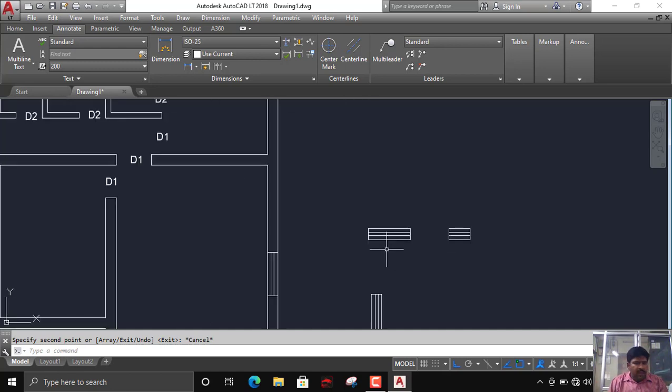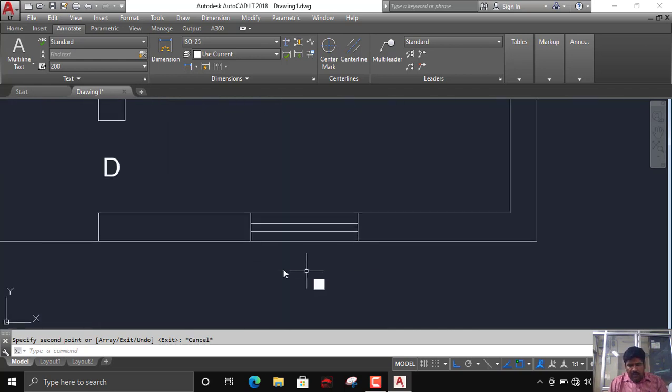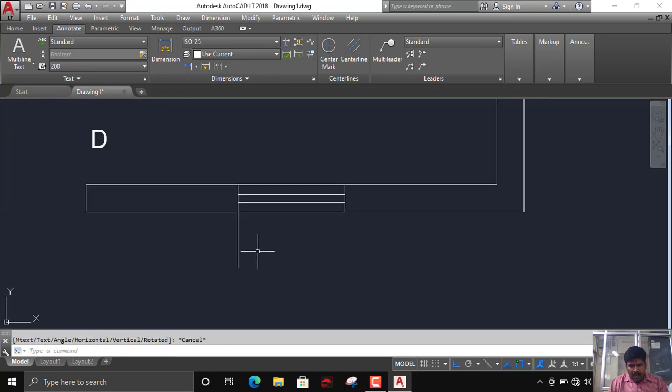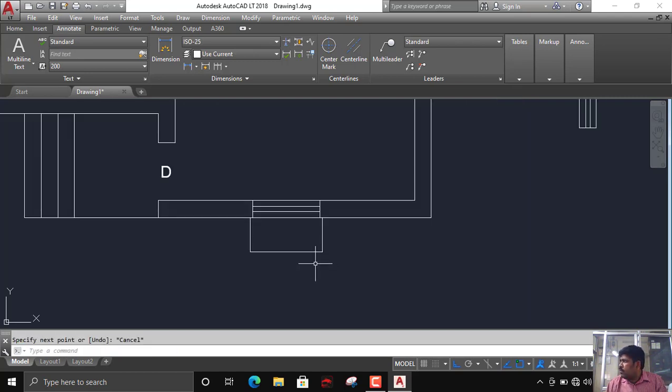So for remaining thing, Chajja, right? Chajja, what is the Chajja height? 600. Chajja projection is 600. You have to show the Chajja projections, right? So for that, I will just draw here a line of say 600, right? This is 600, right? Offset it by 50 mm on other side. Then I will just mirror it and I will join this. This is Chajja, right?